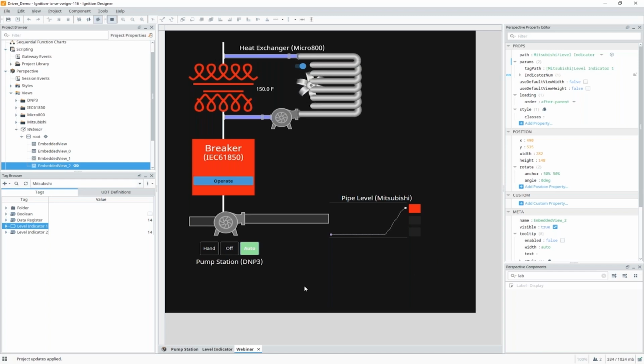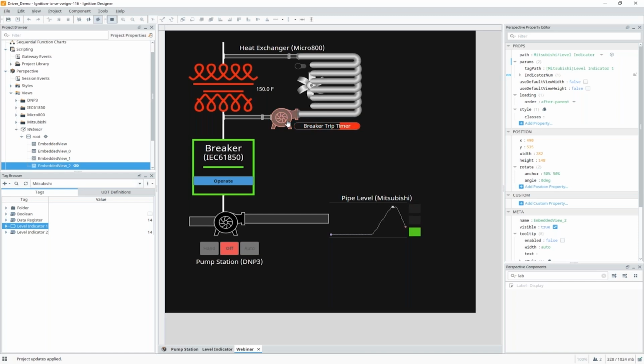So let's once again fault out this pump and show that even further. This breaker is going to trip, which of course turns off my pump, which is being powered by the IEC 61850 driver. And of course, our level is now dropping because there are no more fluids flowing through that pipe. So there you have it, using Ignition to control all 4 of these devices from one screen, and really displaying the power of interoperability that Ignition brings to